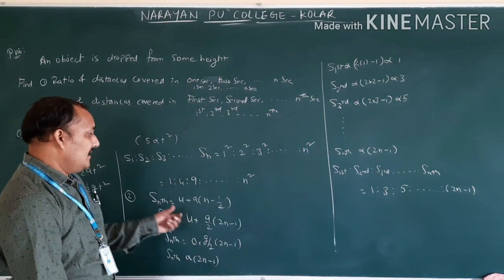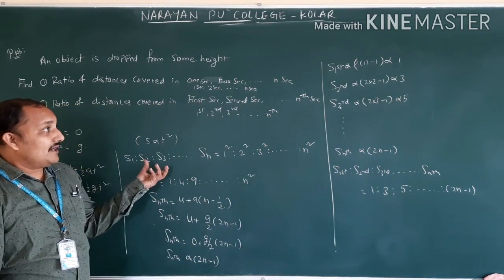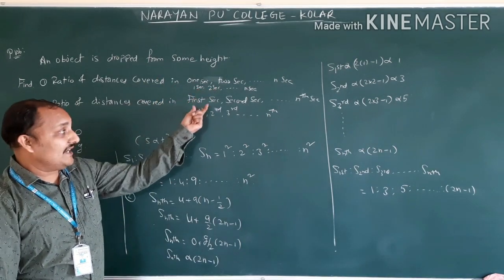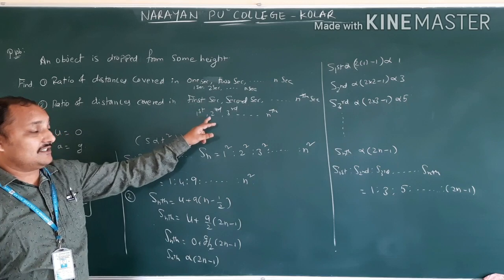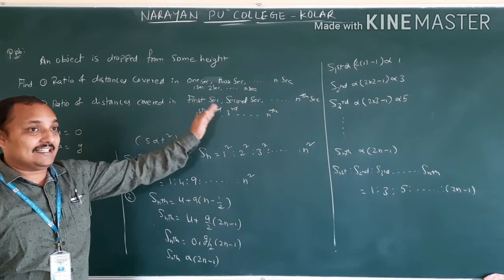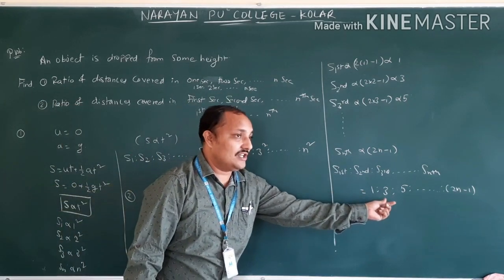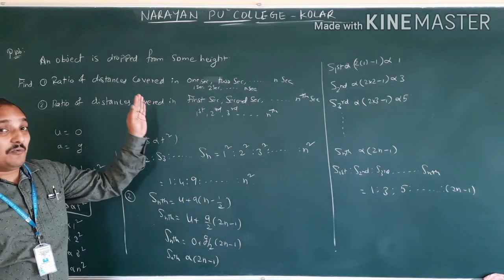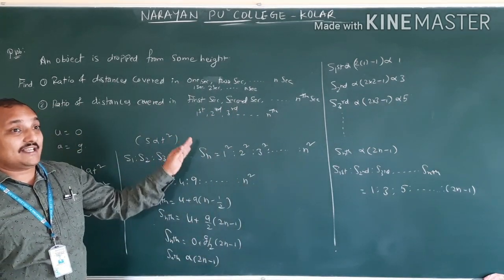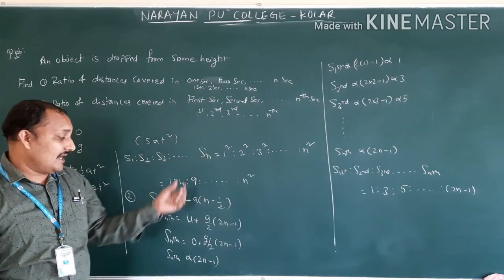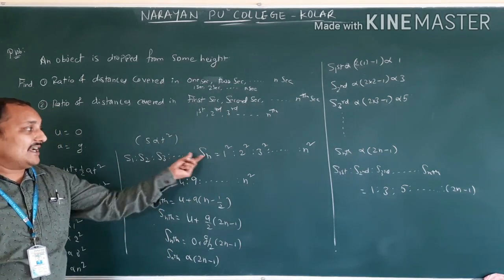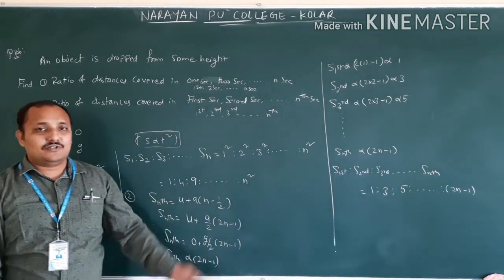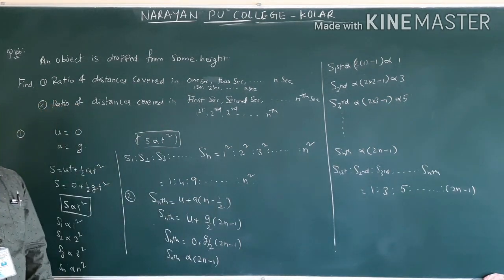So this is the very important model. So you will be getting confused with 1 second, first second. If they are saying first, second, third, n, you should use 1 is to, 3 is to, 5 is to, 7. So if they are asking distances covered in 1 second, 2 seconds, 3 seconds, we have to use this formula, directly proportional to t square. That is nothing but 1 is to, 4 is to, 9 is to and so on, n square.